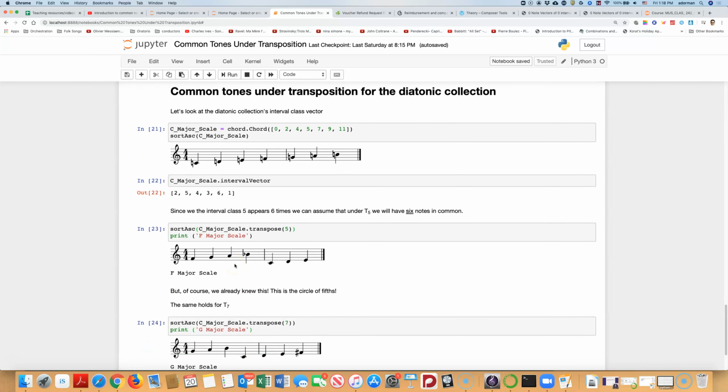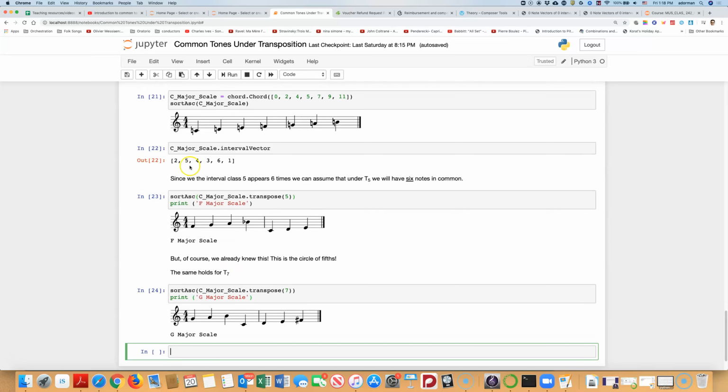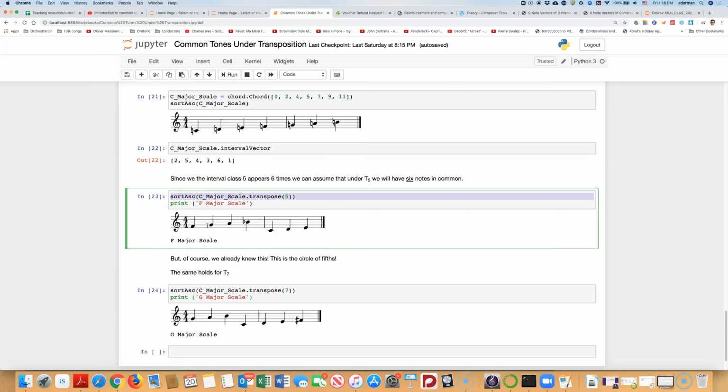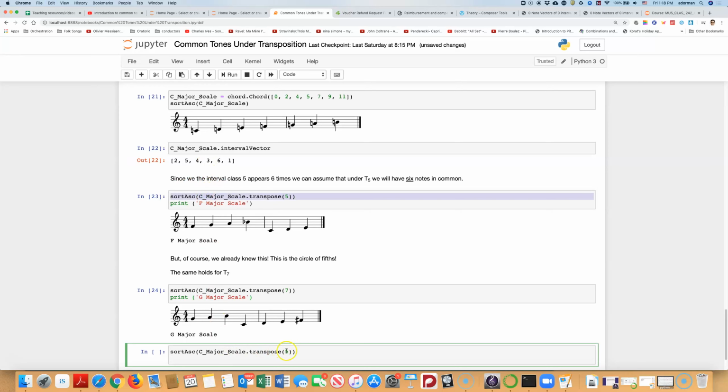What's interesting here is that we can actually start to explore other possibilities. So we never talked really in tonal theory about what happens when you transpose by a whole step. You have 5 notes in common. What happens when you transpose by a minor third? You have 4 notes in common. So there's actually some interesting properties to explore